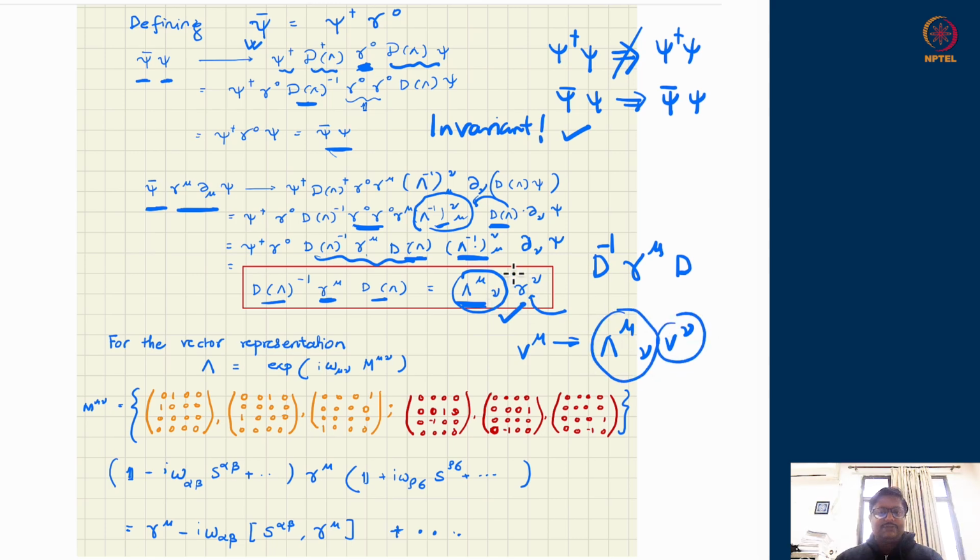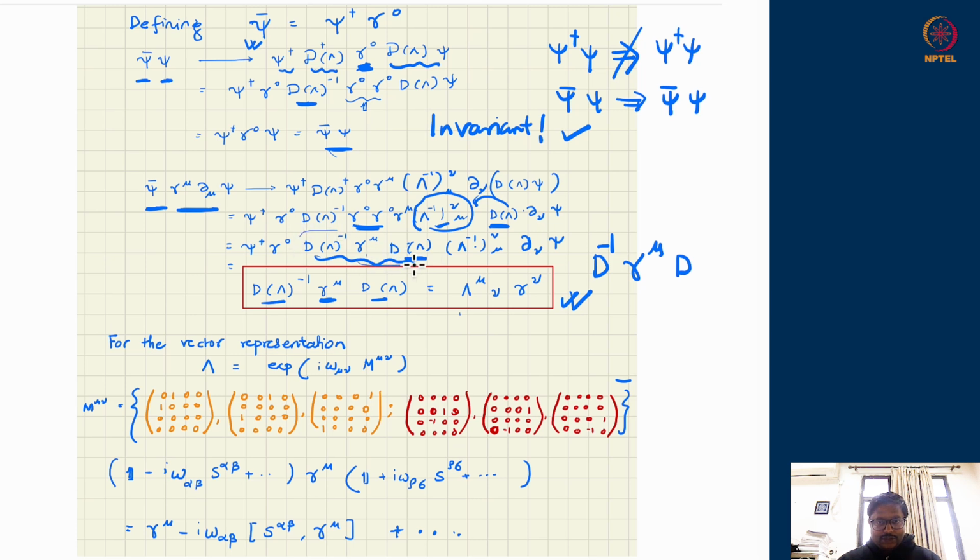This time 4 matrices will get combined with these numbers. So this transformation is equivalent to this. And once I have proven the quantity in the box, then you will see that this quantity will churn up a lambda mu nu of gamma nu, and there was a lambda inverse of nu mu coming from the derivative Lorentz transformation. They will cancel each other. So first let us prove this identity and then be done with that.